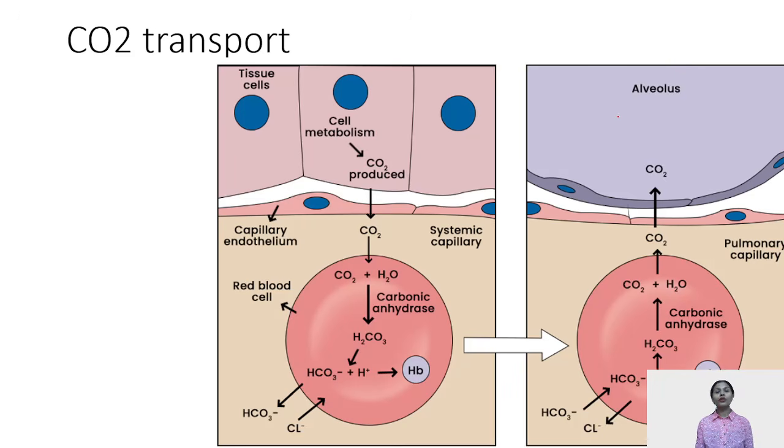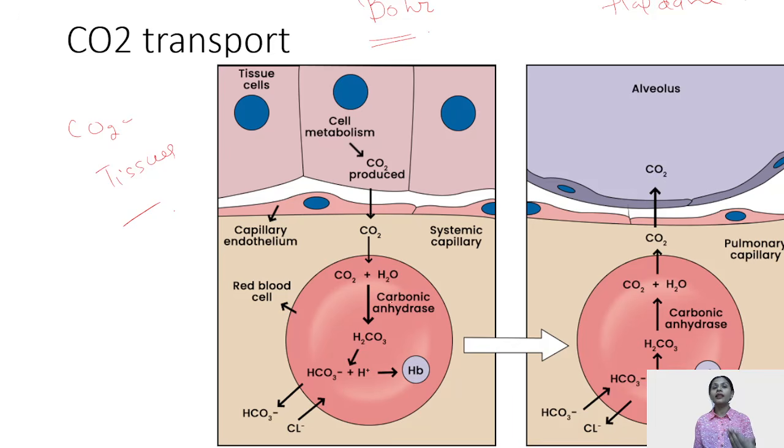Now, coming forward to what actually CO2 transport is and how CO2 is transported in our body. In the previous classes, I have told you about two effects: one is the Bohr effect and the other is the Haldane effect. When we talk about the Bohr effect, you all know that CO2 is being produced in our tissues. When CO2 is produced in the tissues because of cell metabolism, it goes to the RBCs because of the concentration gradient which is present.